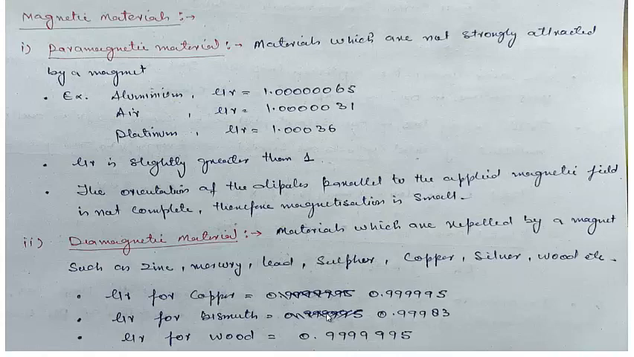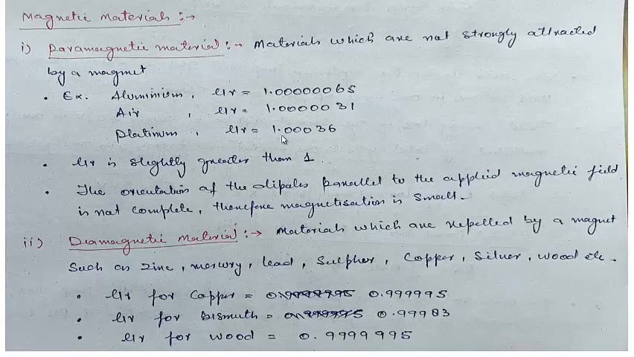Now we will come to see some magnetic materials, as I already told you, you should also know this. We'll start with the paramagnetic material. These are the materials which are not strongly attracted by a magnet. They are definitely attracted by a magnet, but with small attractive force. For example, aluminum, which I had told you earlier, its mu r value, because this mu r will tell you whether